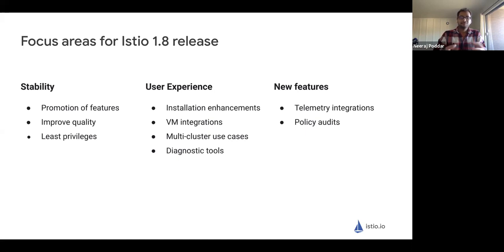As the community has a lot of contributions from different organizations and different people, we want to make sure we take a step back and promote features at the same time we are adding new capabilities, right? Improving quality, adding tests, and improving our documentation has always been one of the key areas of focus.